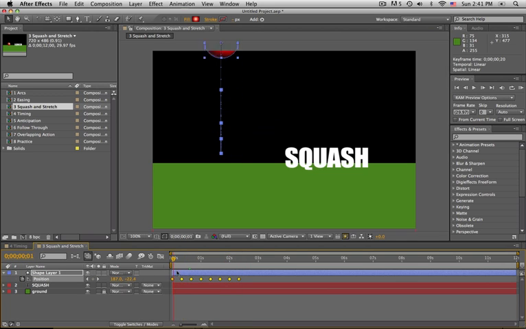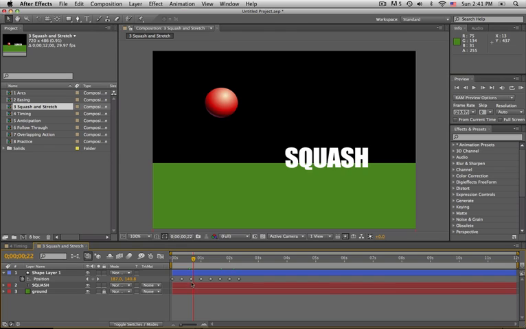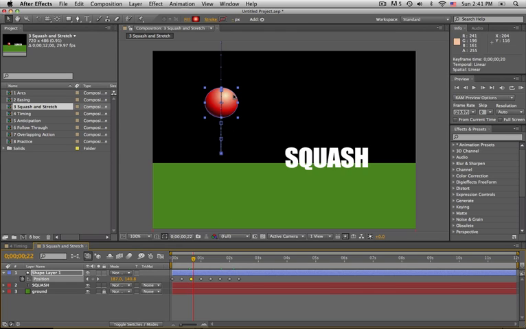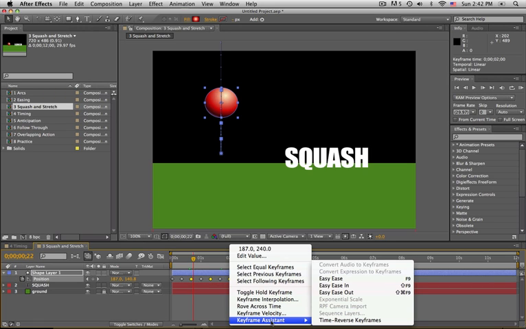Okay, so now the next thing we need to do is when our ball bounces back up, it's going to slow. As it's bouncing up, gravity is going to be pulling it back in the opposite direction, right? So it's gradually going to slow to a stop before gravity takes over and drags it back down towards the ground. So all of our keyframes that are at the peak of the bounce, we need to select just those keyframes and easy ease them. So I'll select those keyframes, right click on them, go to keyframe assistant, easy ease,